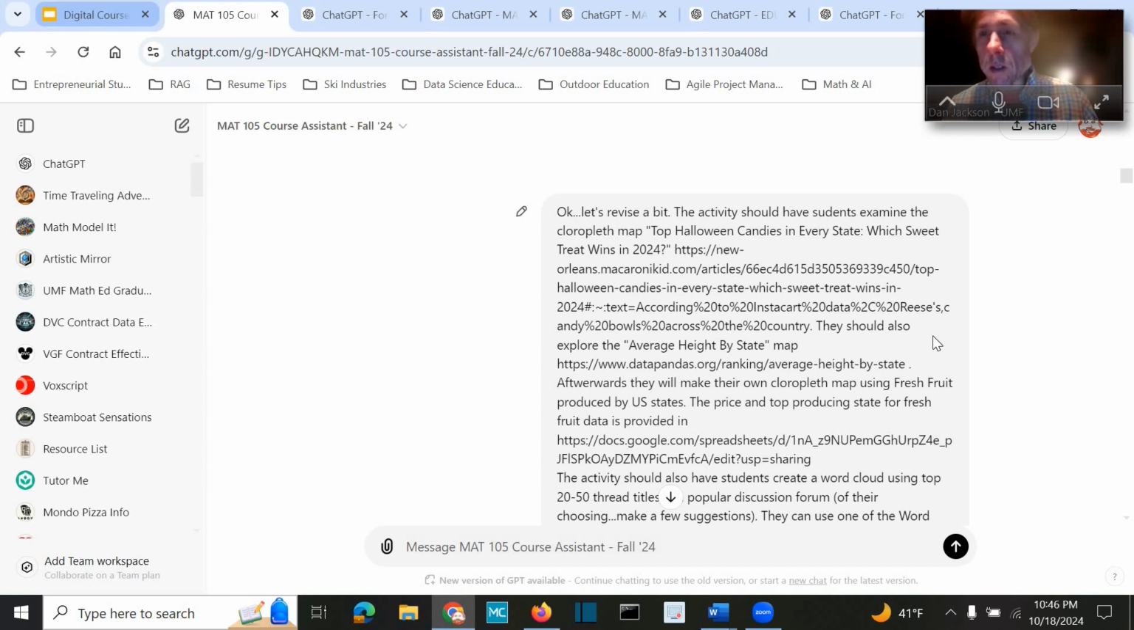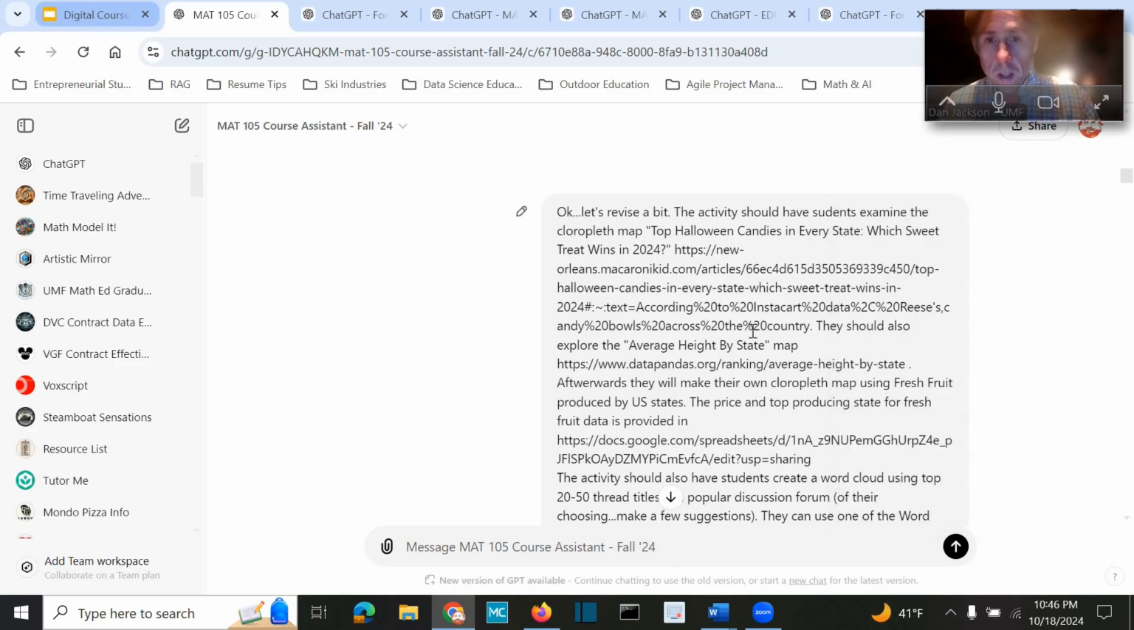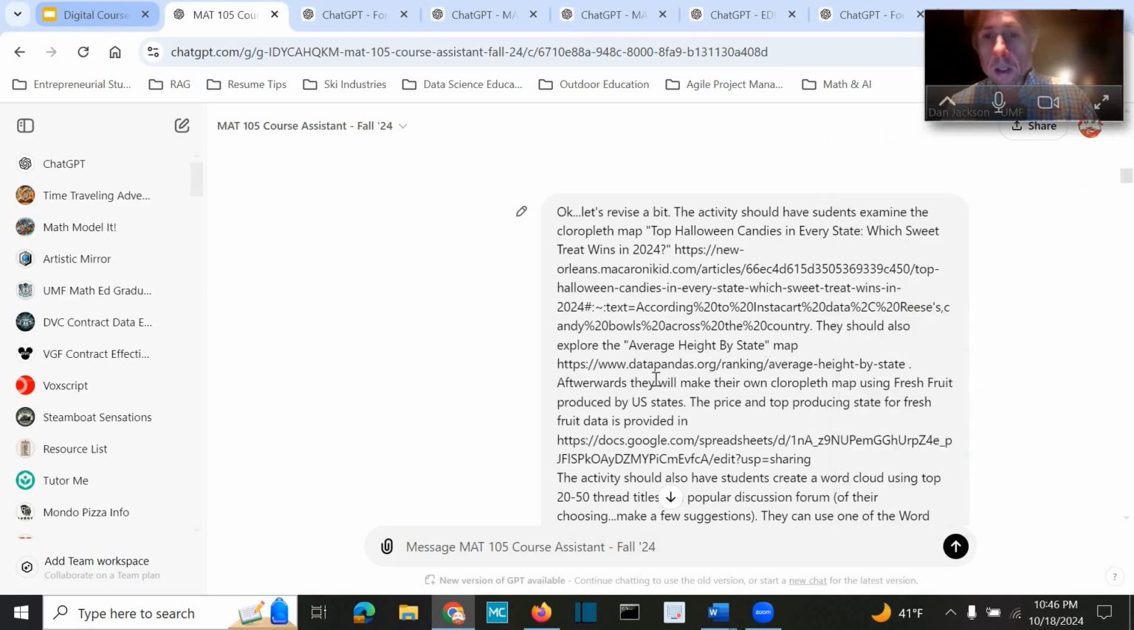maps that I wanted students to analyze. First one being top Halloween candies in every state. This is a course for future elementary teachers, and so this is something that they could take into their own classrooms. And I gave it the link to the website that I wanted it to reference and have students go and look at. And I also wanted them to look at the average height by state map, which I gave it